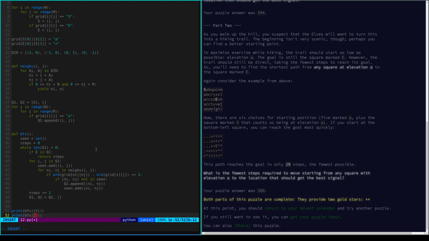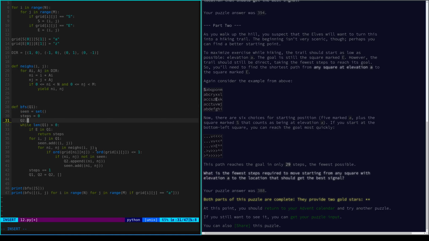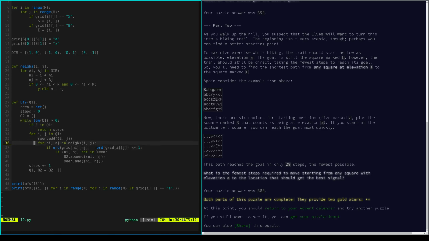we can do a list comprehension here. So this is ij for I in range n, for j in range m, if grid ij equals a. Okay, so I think we can get rid of this. This is q1 and q2 is an empty list. Okay, this is right. So p1 equals this, and p2 equals this. We assert